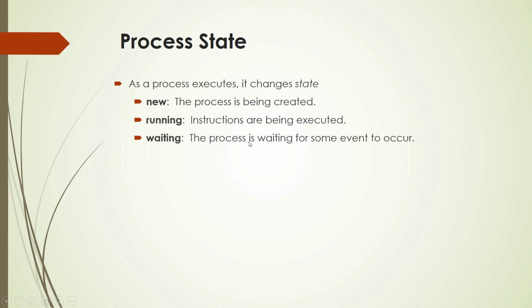The process is waiting for some event to occur. Now in this case, what type of event? Suppose one of the instructions in the process is about input output, so the process will wait for input output. Now it cannot execute in the CPU, so in that case it will be needing this input output device, or it may be needing the input output from the user. So in that case it will be waiting for the input output to complete. So that is why this is the waiting state, process waiting for input output to complete.